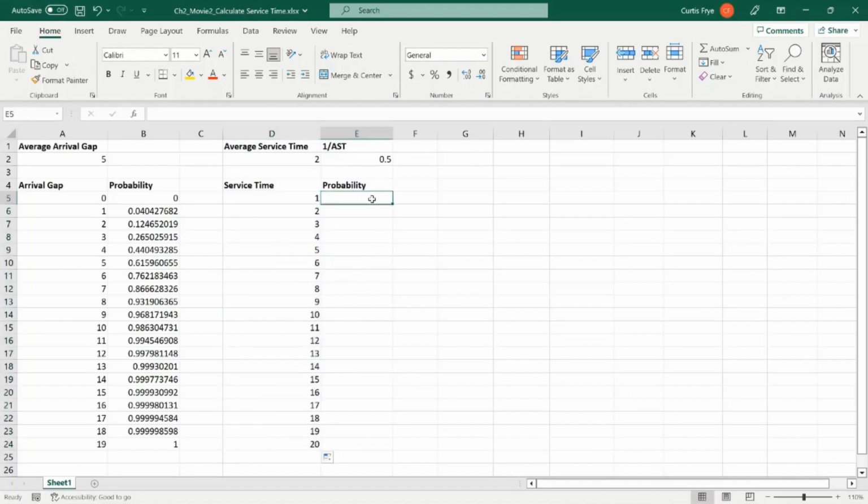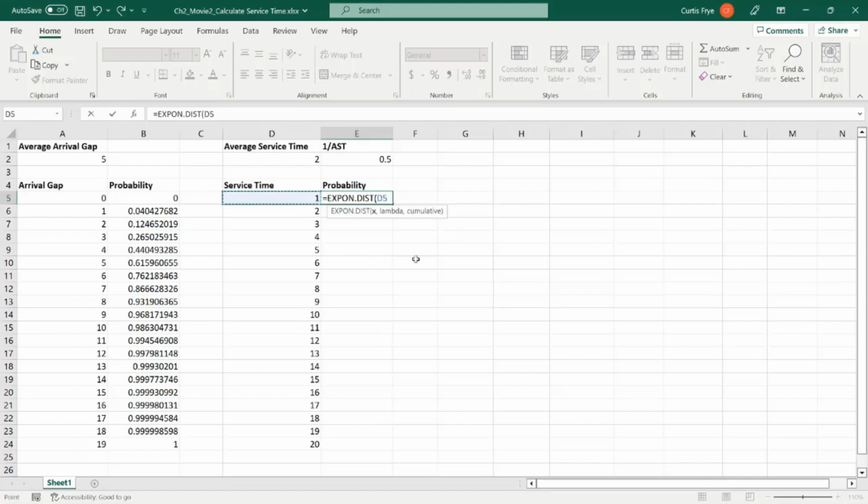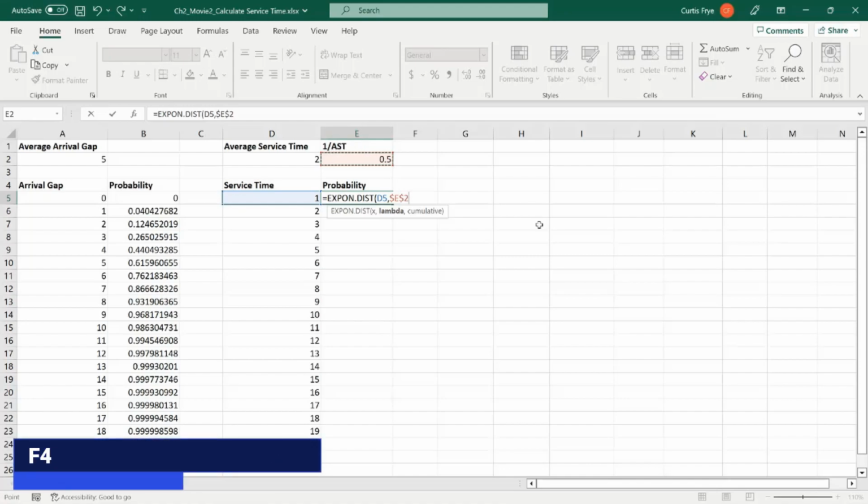So in cell E5, I'll type equal, and it's EXPON.DIST. The x is in cell D5, and I will leave that as a relative reference so it can change. Then a comma. Lambda is 1 over the average service time. That is in cell E2. And I do want that to change, so I'll press F4 to make it an absolute reference, then a comma,